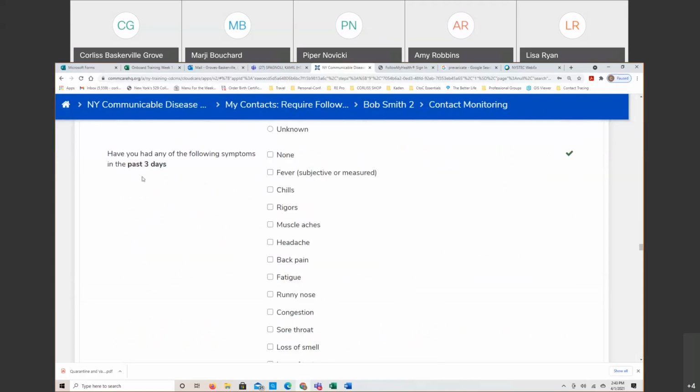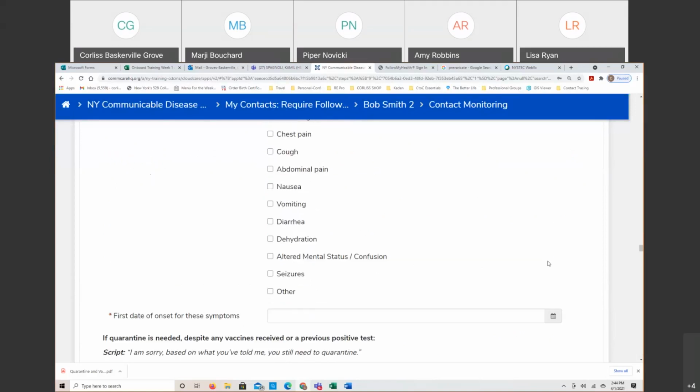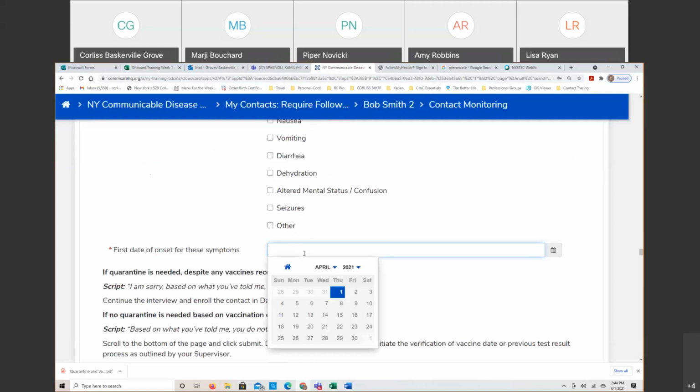But next we have the symptoms. So I'm just going to say that this particular contact had a few symptoms, unfortunately. And again, we're going to wait for that to come to a check, which populates another question. What was the first date of onset for these symptoms? And if you click in here, you can choose the date. Okay. If they say 2 days ago, or,